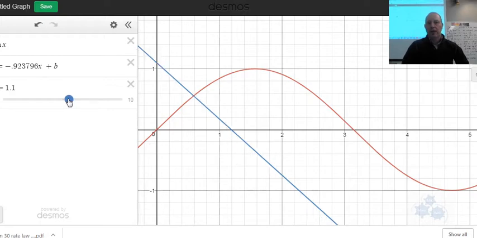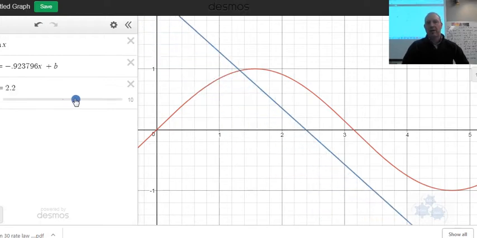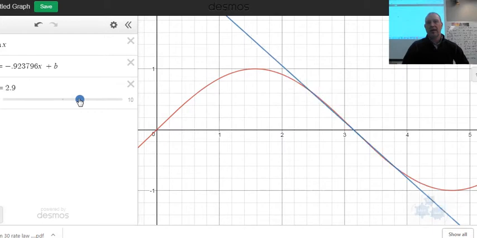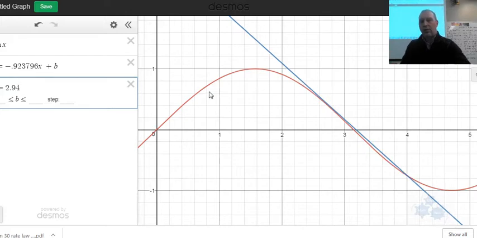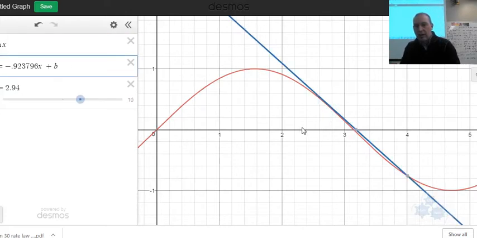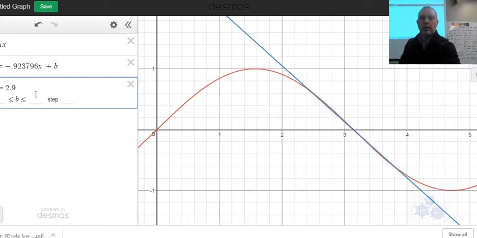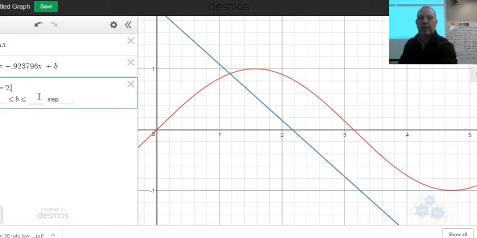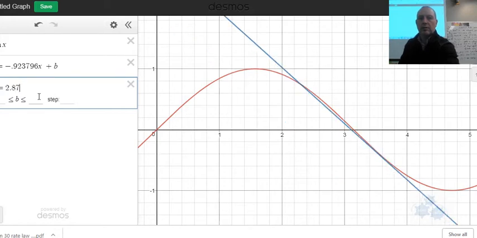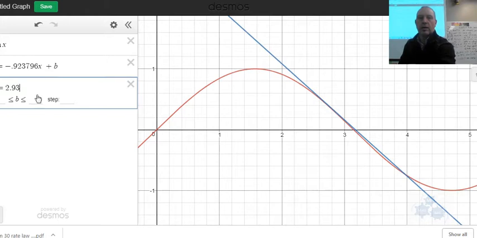So check this out. I'm going to move this over and see if this is a tangent line at about... Are they touching? Not really. They're touching over here. Let's say 2.9. What did you say? I don't think so. Yeah, I think we have to back up there. Nope. 2.97. Oh. I can change the step here, but